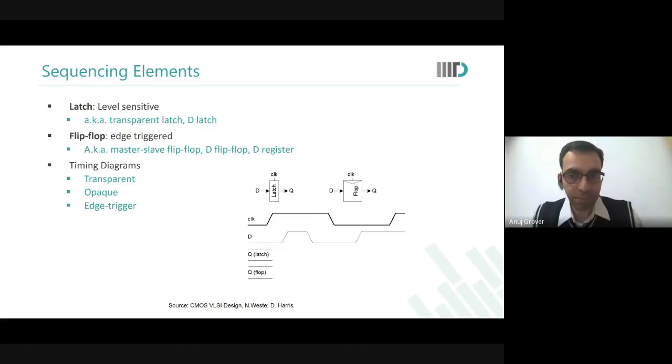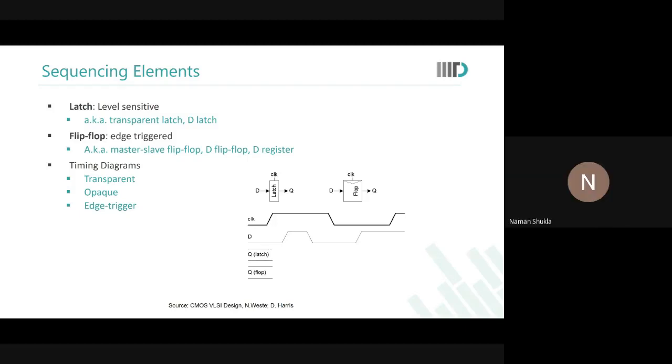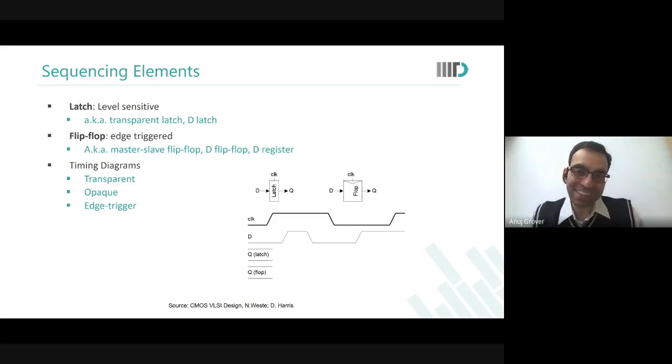Sir? Yes, Naman. Sir, is there any voltage reference, like at 0.3 volts in the clock, the sampling will happen, or something like 1 volt? So when we're talking about digital, let's not get into that kind of details. What we do is we say that the delays are measured from 40 to 60, that is 40% of rise and 60% of fall, or 60% of rise and 40% of fall, and so on.